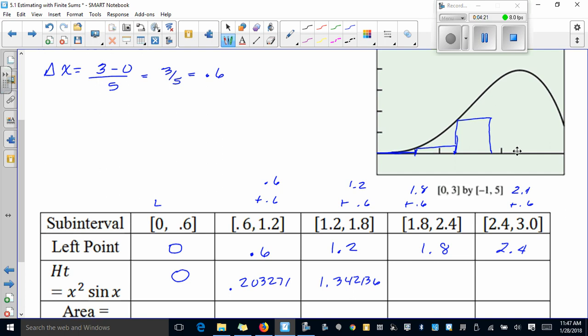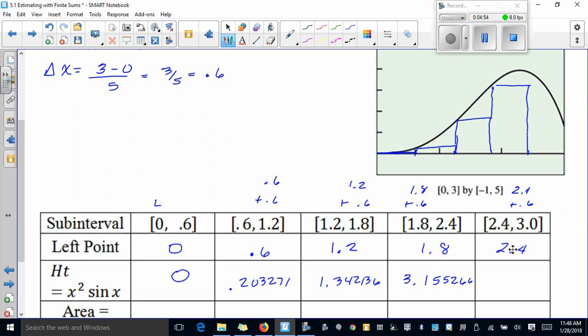There's that rectangle, and I'm going to get 3.155266. And then at 2.4, which is right here, we extend that out to 3. And there's the only bit that we're grabbing that's not under the curve. But you can see we got a lot more that we didn't catch than what we did. This is going to give me